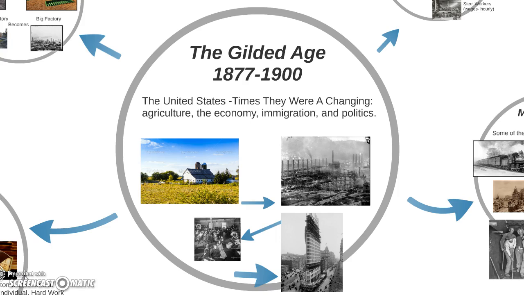And I think that this time period, the Gilded Age, in particular 1877 to 1900, really focuses on the individual quite a great deal. The individual person, the individual company, the individual business, the individual corporation. You get the picture. It's all about the individual coming, if you will, to America or working in America to achieve the blessings of the liberty that people had here. So I think that's a really good place to start. And at times, I think we're going to find outright conflict between the common good, the we, and the I, and our own individual liberties. So I think that's an interesting point and place to start.